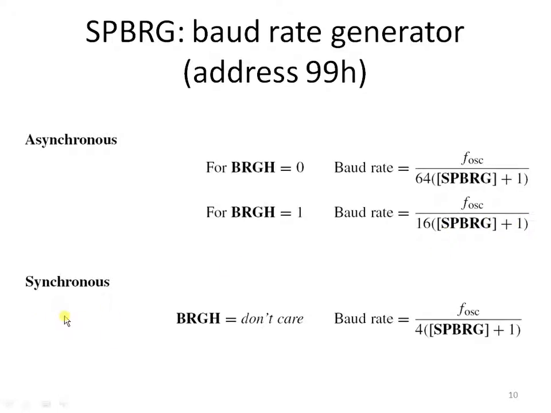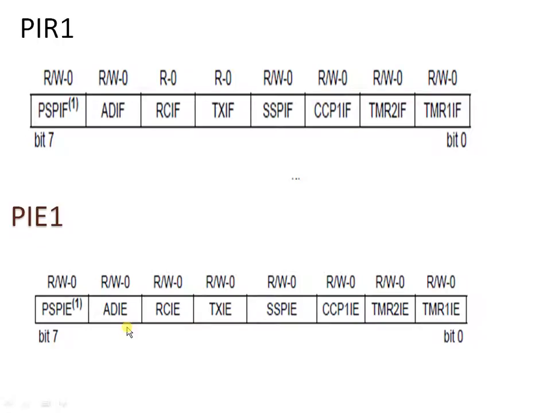In the same way for synchronous communication, there is no BRGH bit, as I have already told you that there is no high speed or low speed communication, and this is the fixed formula for calculating the baud rate. And then we have PIR1 and then PIE1. Inside this PIR1, we'll look at the bits which are related to serial communication,